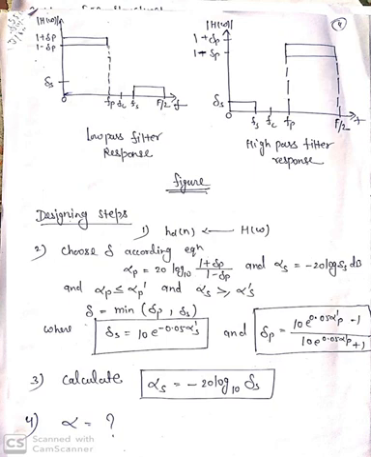As you can see in the figure, the first figure is a low pass filter response, meaning the idealized frequency response of a low pass filter, and the second is a high pass filter. In this section you can see all the parameters where they exist or are marked. Del s is the stop band attenuation or highest attenuation, 1 plus del p, and the minimum highest attenuation equals 1 minus del p.